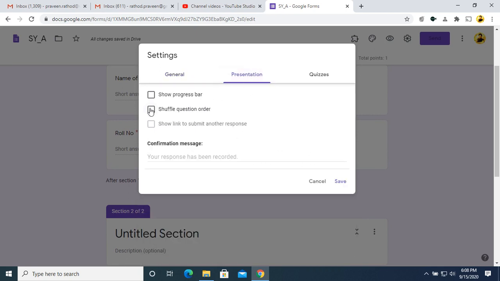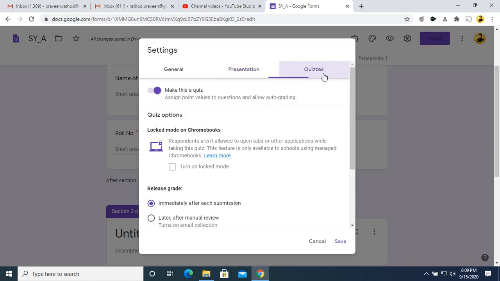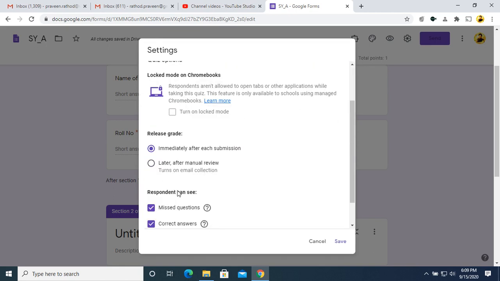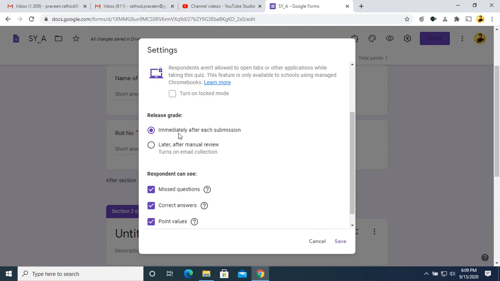In the second tab, you can shuffle the questions. If you want to shuffle questions, just click on shuffle question, and show progress bar. The third tab: you can release the grade immediately after each submission, or you can release the grade later by clicking over here.